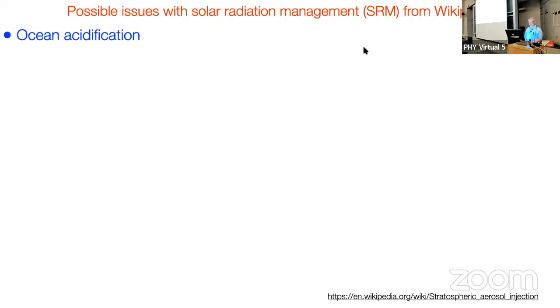So let's see, we should get rid of this one too. So these are the problems that people mention when you talk about solar geoengineering. Everyone knows about solar geoengineering, right? The idea is you put sulfate aerosols or some other, now people talk about diamond dust, into the stratosphere, and this reflects some sunlight, and all you need to do is reflect 1% of sunlight to compensate for doubling of CO2. So it really does sound like a wonderful idea. So what are the problems?